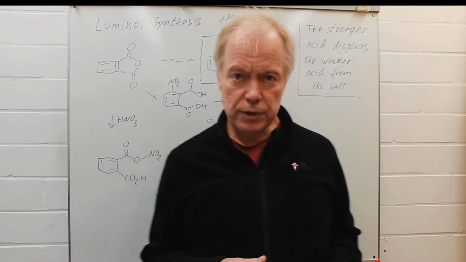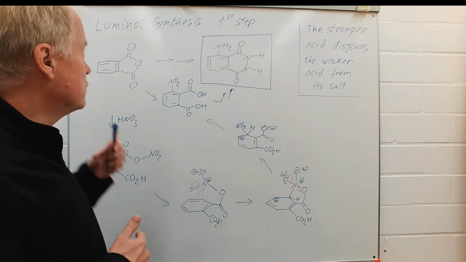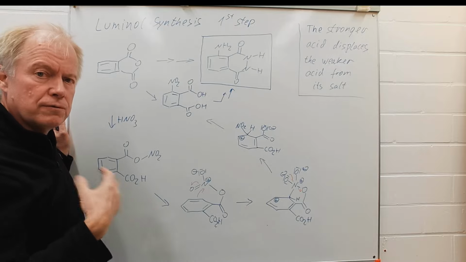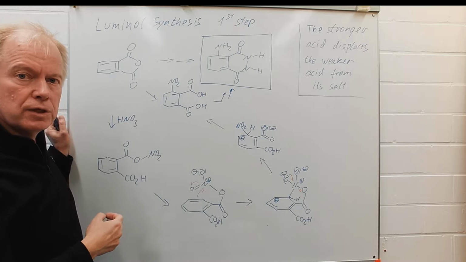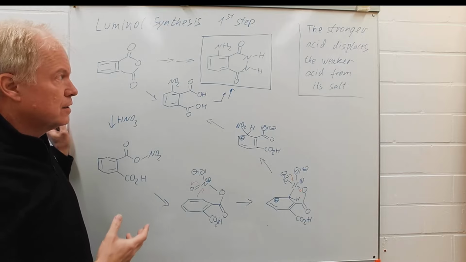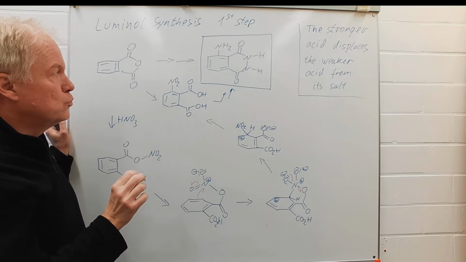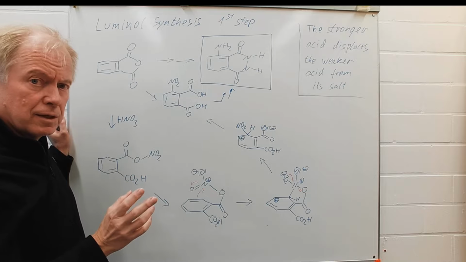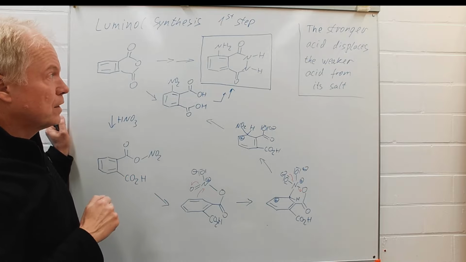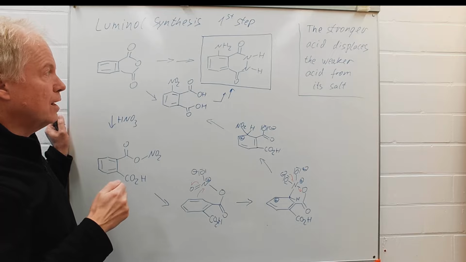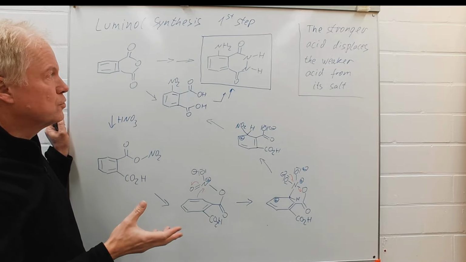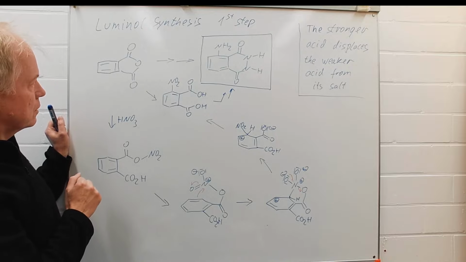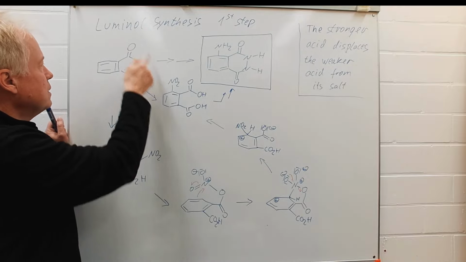In today's tutorial we will have a look at the synthesis of luminol. Here is the structure of luminol, a very important compound in forensics since it enables to detect traces of blood by a luminescence. So it's important to have a cheap and reliable synthesis for that, and the cheapest starting material should be this